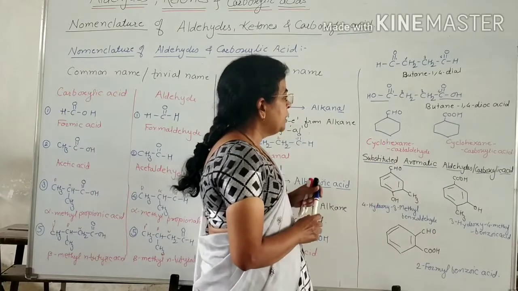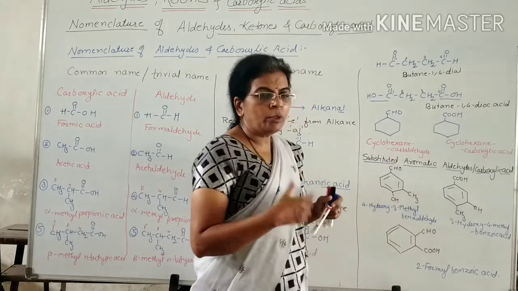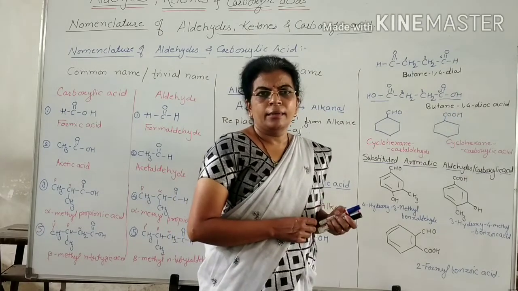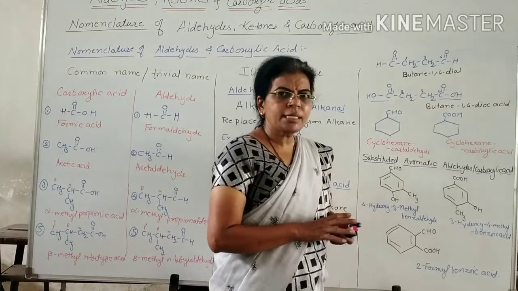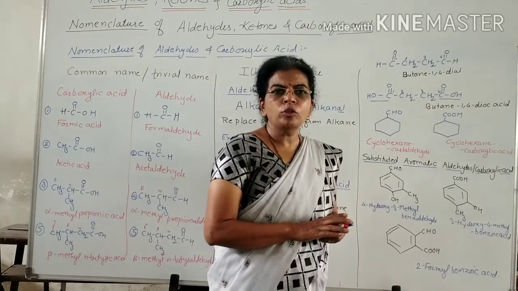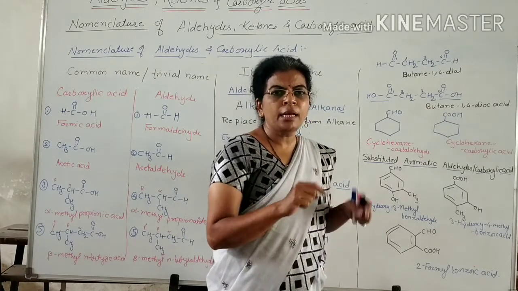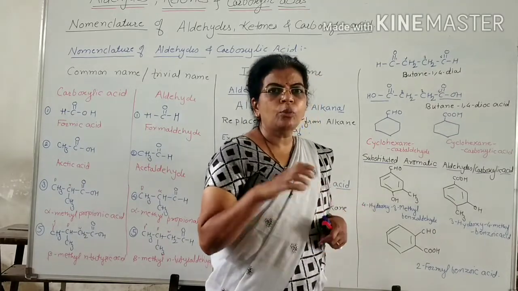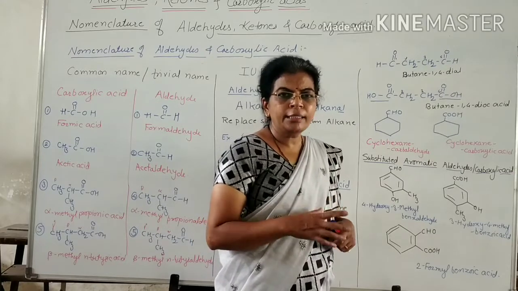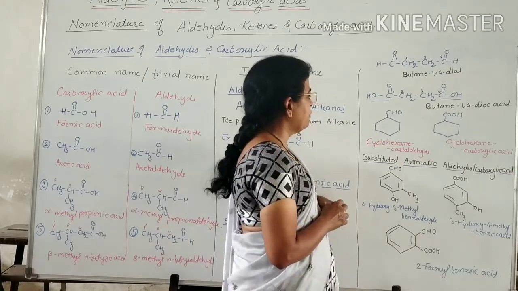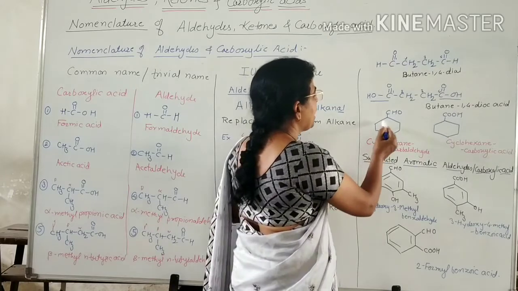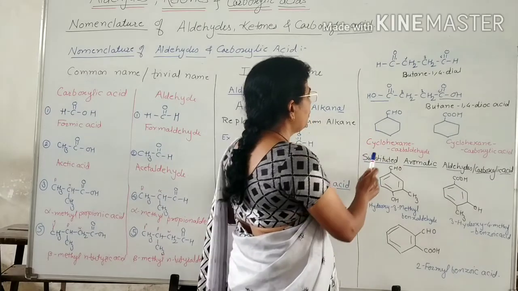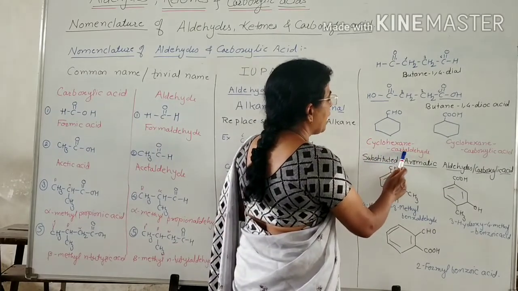Now if this aldehyde or carboxylic acid group is directly attached to an alicyclic ring. Alicyclic means ring compounds which contain only carbon-carbon single bonds in the ring structure. If the aldehyde or carboxylic acid group is present on an alicyclic ring, then the name is given like this. Here it is a cyclohexane ring with a CHO group attached. Therefore it becomes cyclohexane carbaldehyde.